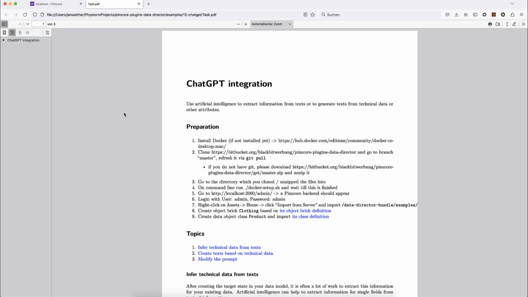Welcome to the video about ChatGPT integration in Data Director. With this integration, you can use artificial intelligence to extract information from texts and to generate texts from technical data